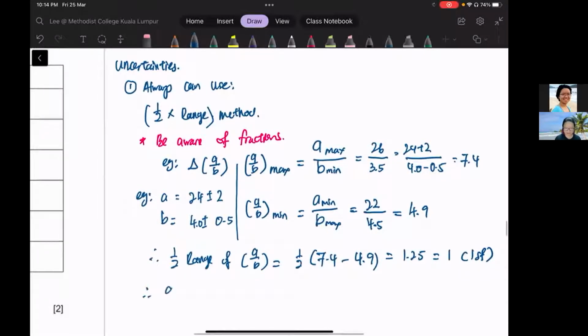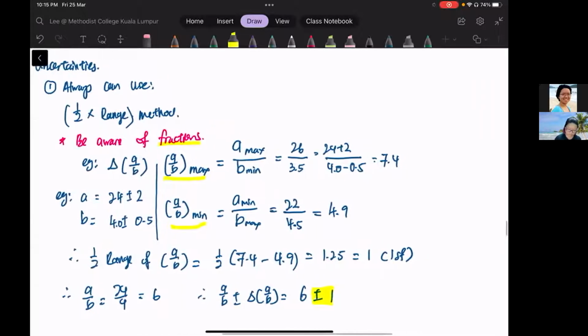Okay, hence A over B is equal to 24 over 4, which is 6. So A over B plus minus uncertainty of A over B is 6 plus minus 1. You do so much work for the plus minus 1. So sometimes with the half range method, whenever there's other calculation that is not this straightforward, like finding the average, you have to slowly do it, which will eat up some of your time. It's not complicated. It's just trivial. You need to find the max, you need to find the mean, you need to find half the range, then you put it in. Or